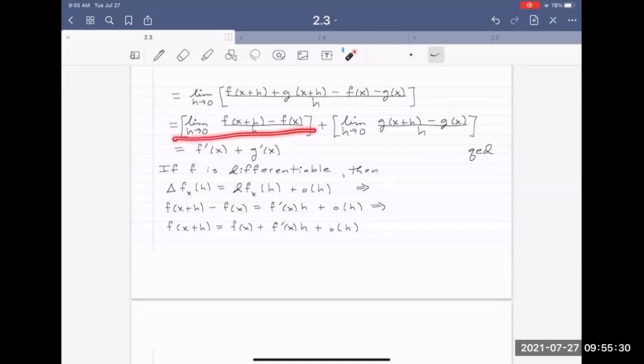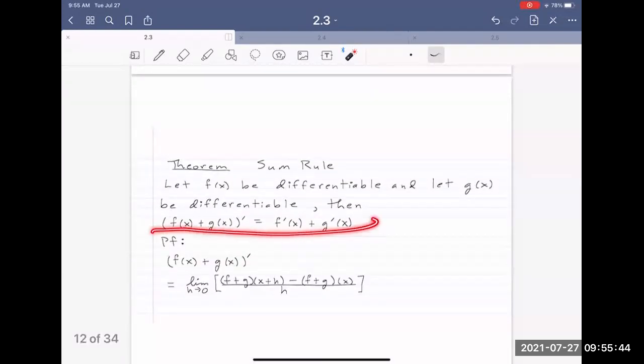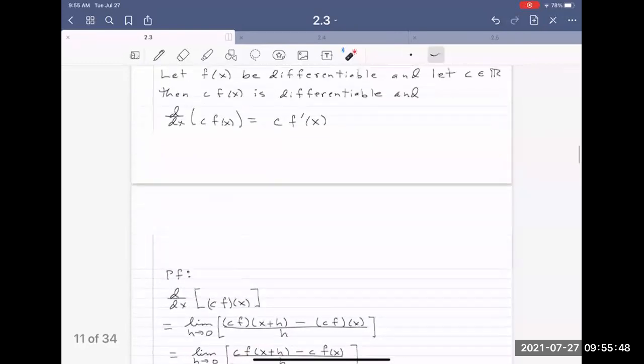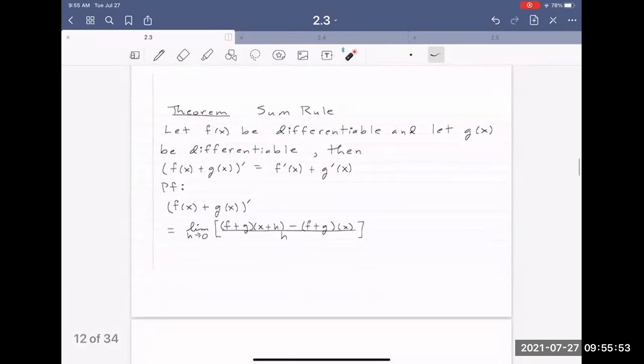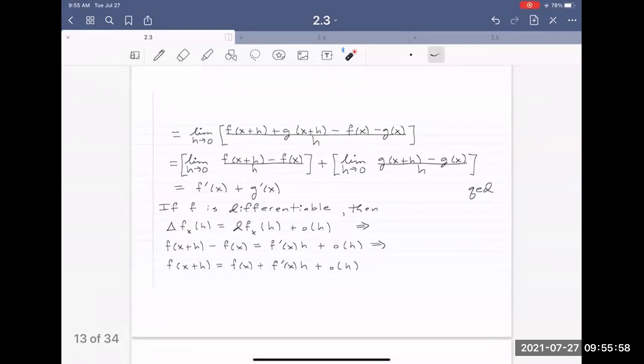Well, this is just f prime at x, and this is g prime at x. So this is equal to f prime of x plus g prime of x. And that's what I wanted to show. So this combined with this says that the derivative is a linear transformation. Any questions about this? Okay,